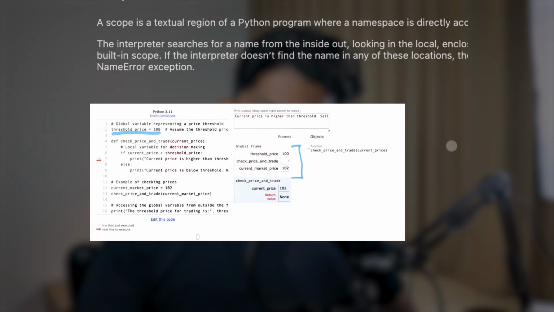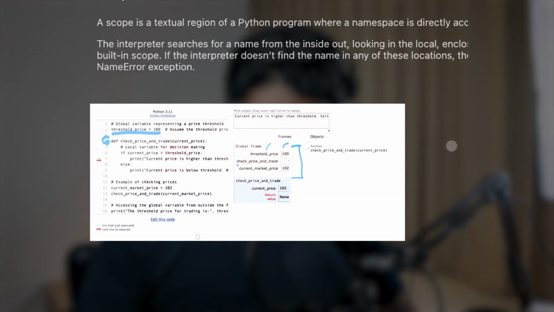So we can say the scope of this variable is global, right? And again, here the dictionary is created. So the threshold price is the key and 100 is the value of the dictionary. Again, the program next moves to here, and here it sees a function. As we have already studied, the function name is also a key, so it will mention the key here, right? The value is not here as of now.